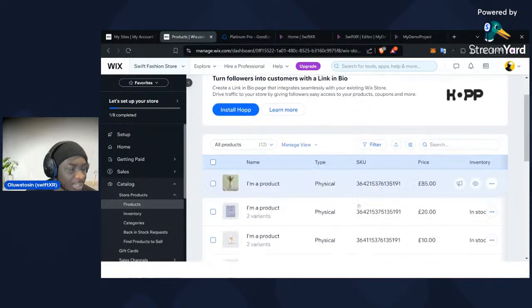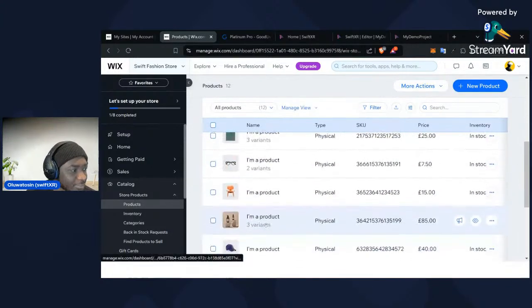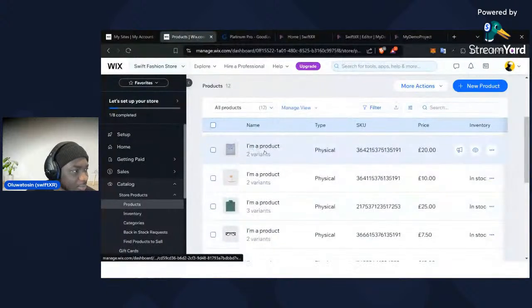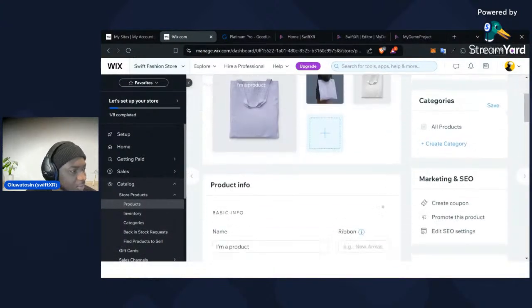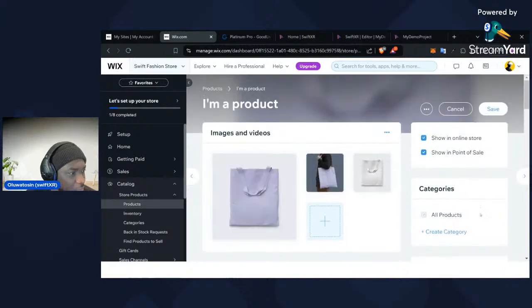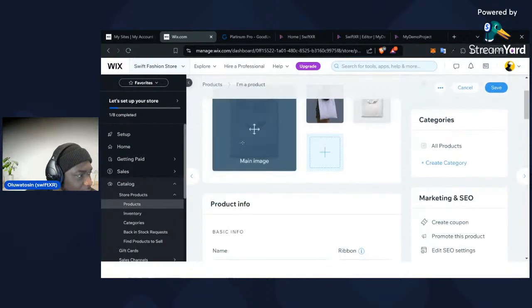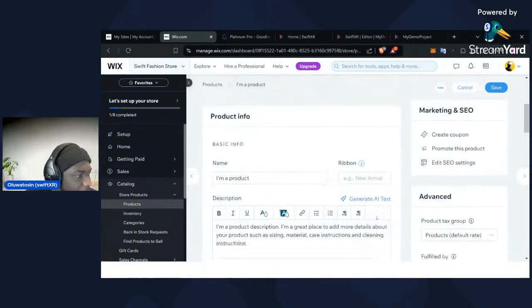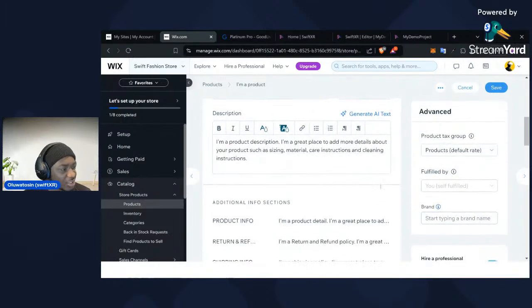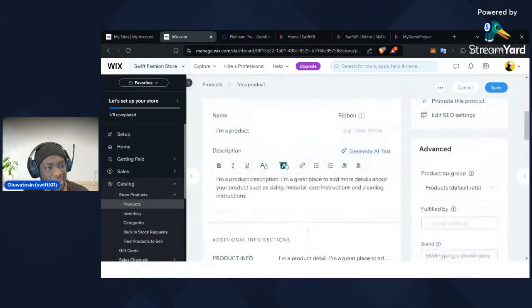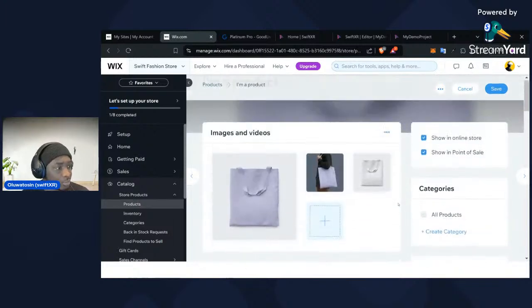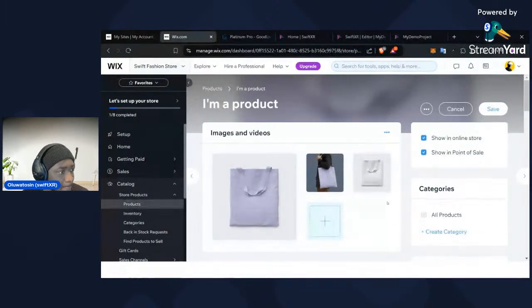So by default, there are some products added here for us, right, that we can quickly take a look at. So this, for example, is a product here with images already. Right, sweet. So we can start by making changes to one of these products and use that as our own custom product. To do that,